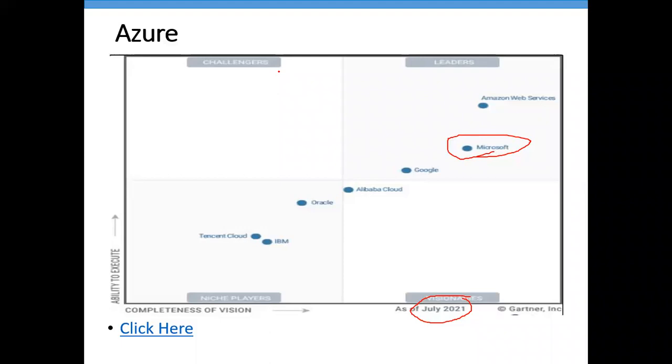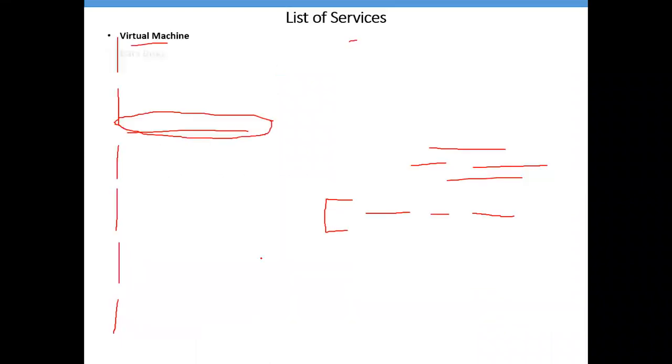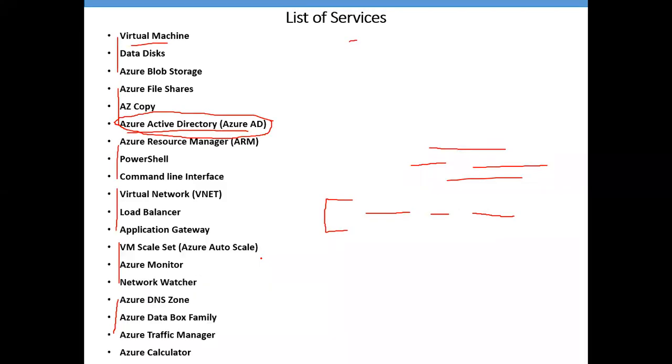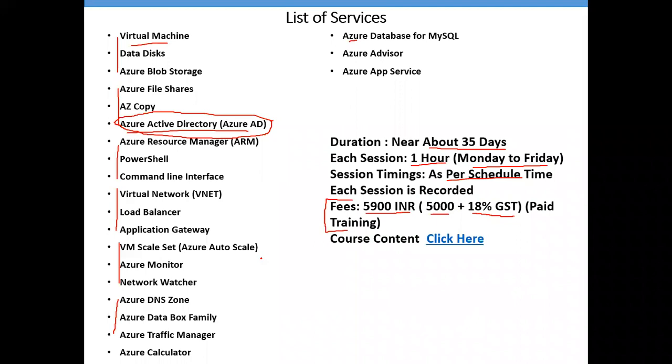Right now, AWS is number 1, Azure is number 2. But it is 100% sure, you can talk with any experienced person or any recruiter, all are saying Azure is going to be number 1. Even if you search on Google, you will find more jobs for Azure than AWS.